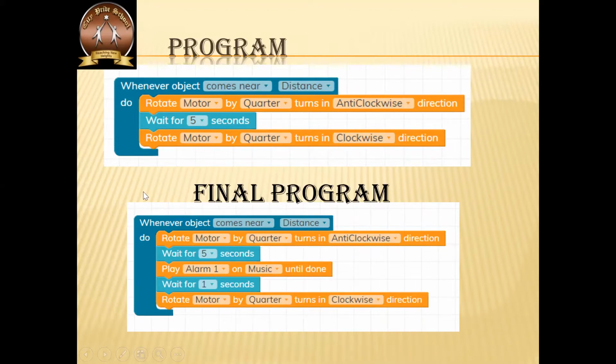Now we want to add the alarm also. So we add an option of playing the alarm in the music element, played for 1 second, and after that the barrier will come to its original closed position.